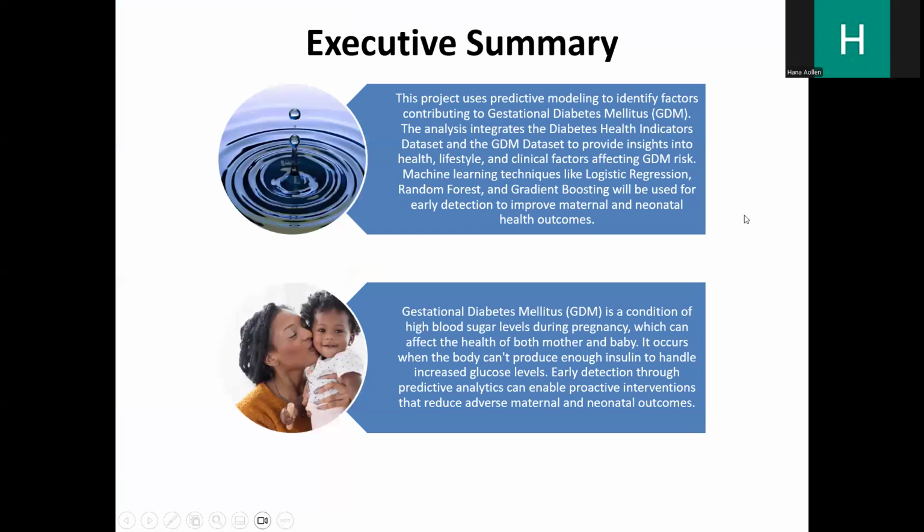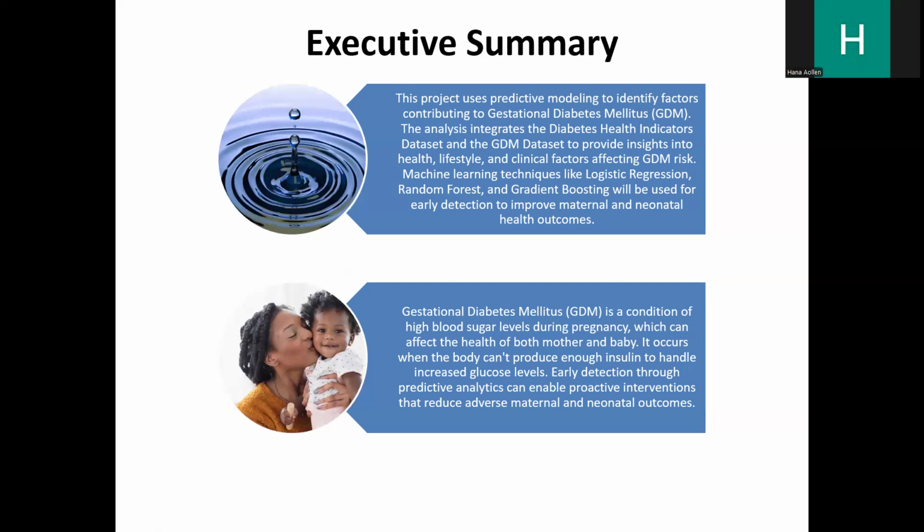I will start with the executive summary. This project uses predictive modeling to identify factors contributing to gestational diabetes mellitus (GDM). The analysis integrates the diabetes health indicator dataset and the GDM dataset to provide insights into health, lifestyle, and clinical factors affecting GDM risk. Machine learning techniques like logistic regression, random forest, and gradient boosting will be used for early detection to improve maternal